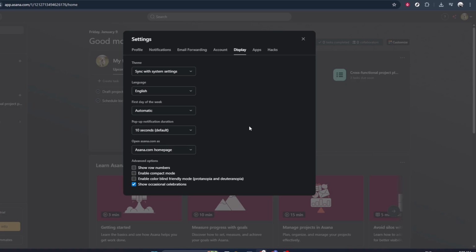And that's it. You've successfully changed the language in Asana through your profile settings under the Display tab, so you can now work in